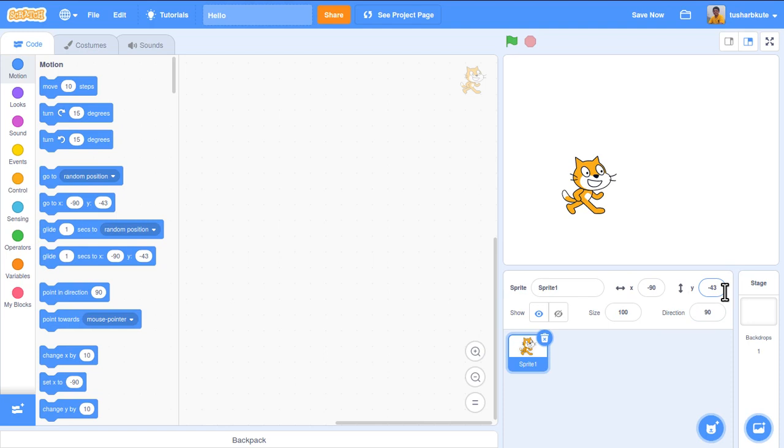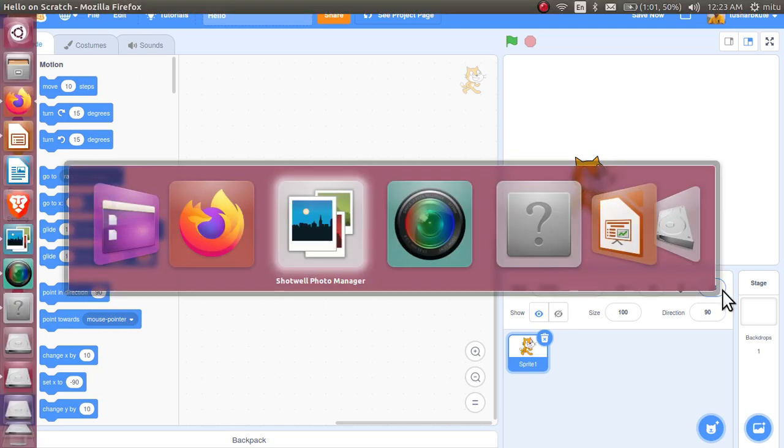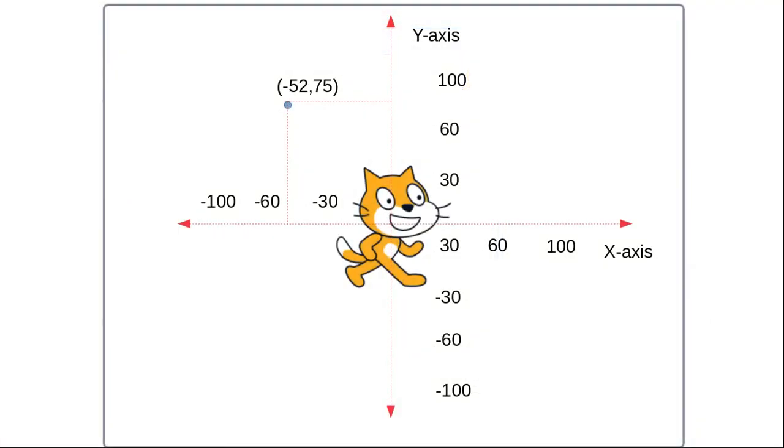So how are these positions changing? It's important to remember the positions of the sprite. The center of the output window is where x and y equal 0, and accordingly the positions of x and y will change. Let's see, I'll show one small diagram of the dimensions of this sprite here. This diagram will exactly show how the locations of the sprite will change. See, the horizontal axis is called the x-axis and the vertical axis is called the y-axis.